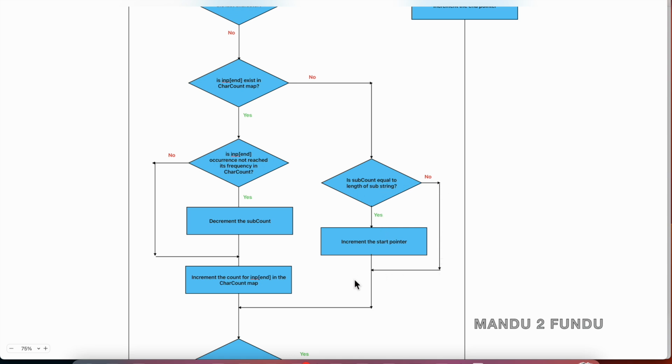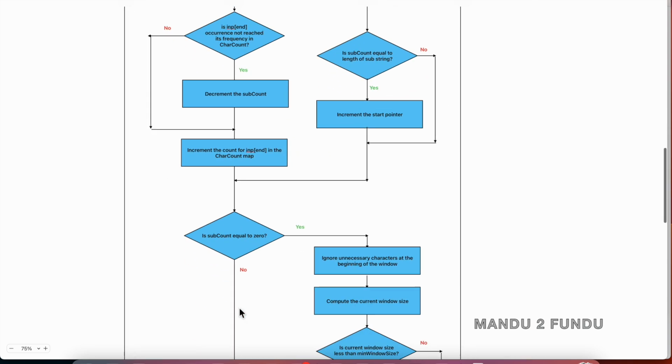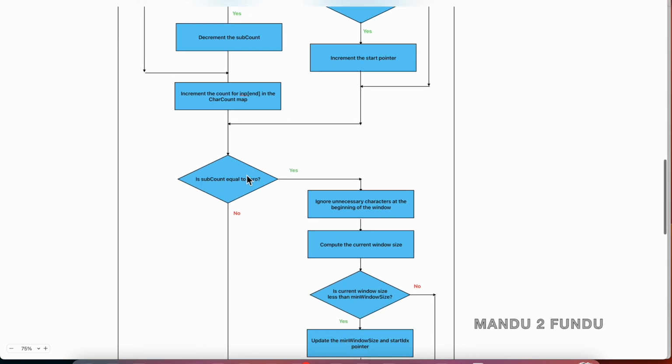Otherwise we just skip it, and then we come to the end of the loop body, and there we check whether the sub count is equal to 0. Did we see all the characters present in the second string in this current window? If yes, then